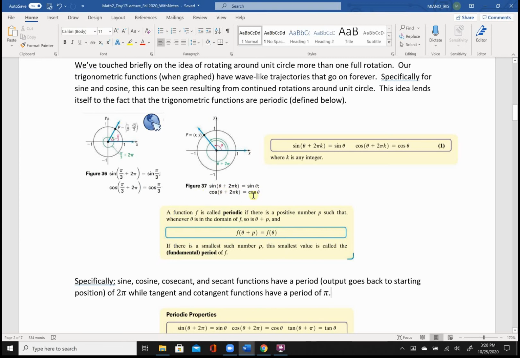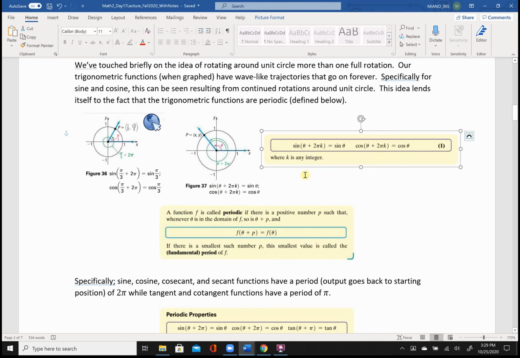That's what figure 37 is trying to convey here, and also this very first theorem, or relationship, is trying to allude to the definition of being periodic in general. So this just shows you how sine and cosine are both periodic, and furthermore that their period is 2 pi